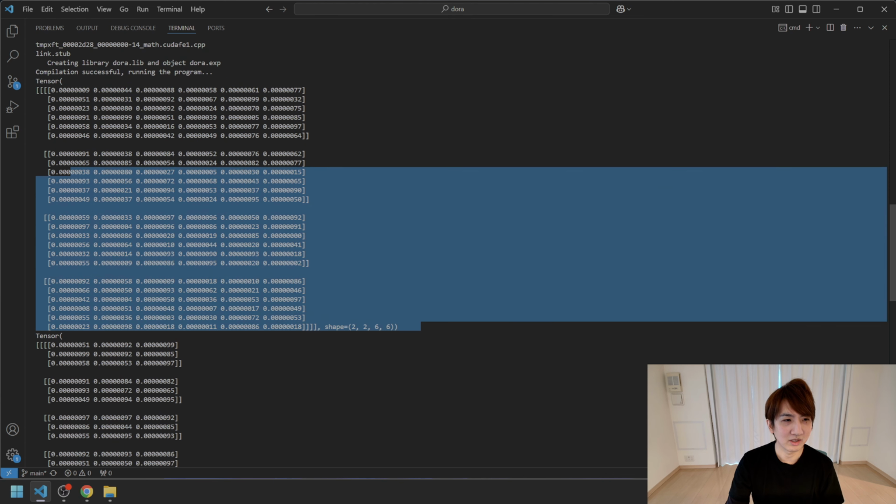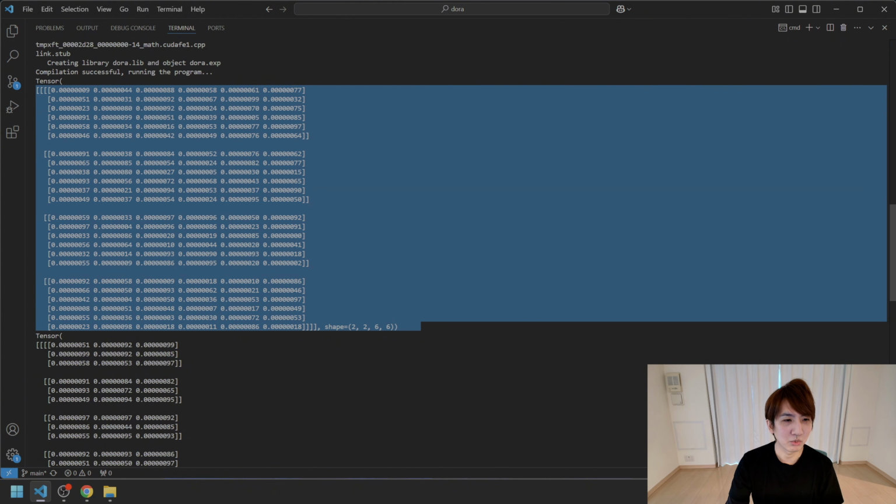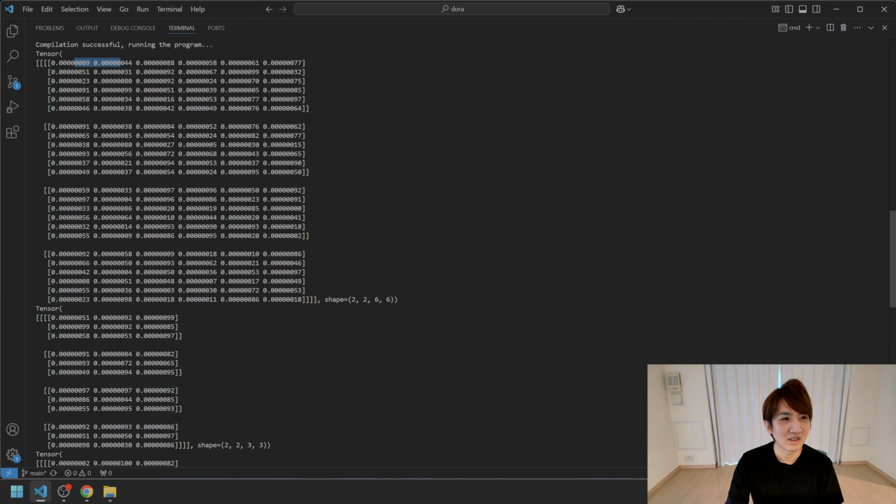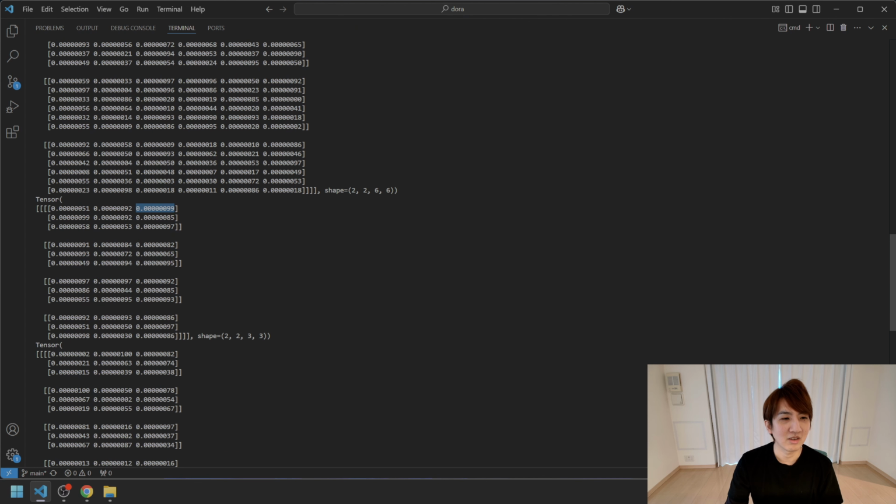So this is the input to the MaxPool, and this is the output. In this region it was 51, in this region it was 99. And if you pass this to MaxUnPool,